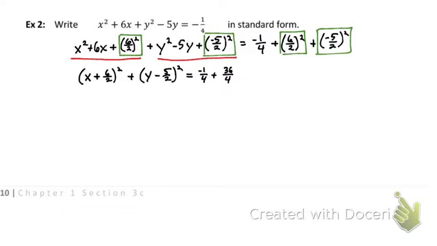And we're going to notice the same thing is going to work for our next one. Now, negative 5 times negative 5 is a positive 25. 2 squared is 4. We're going to note that all of these have this nice common denominator. So that's why I didn't simplify that 36 over 4. Now let's simplify the left-hand side. Our left-hand side should just be (x + 3)² + ((y − 5)/2)² is going to